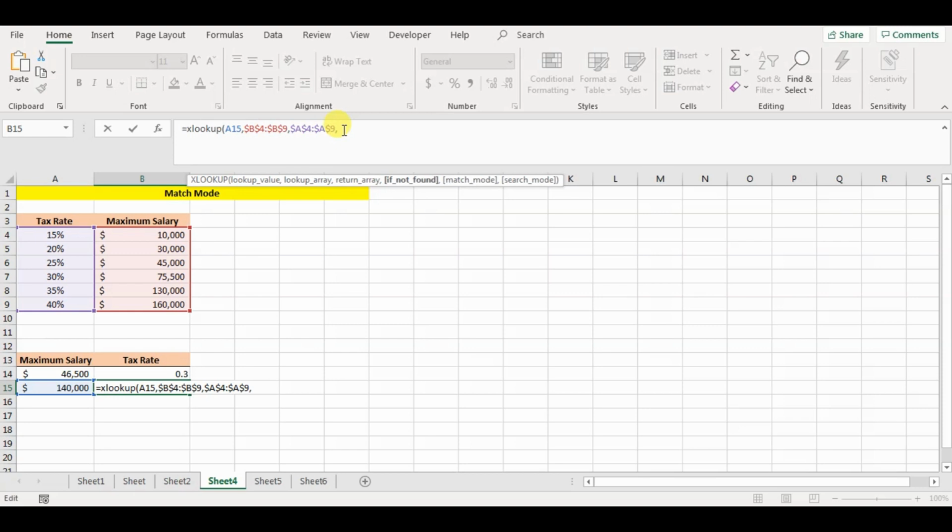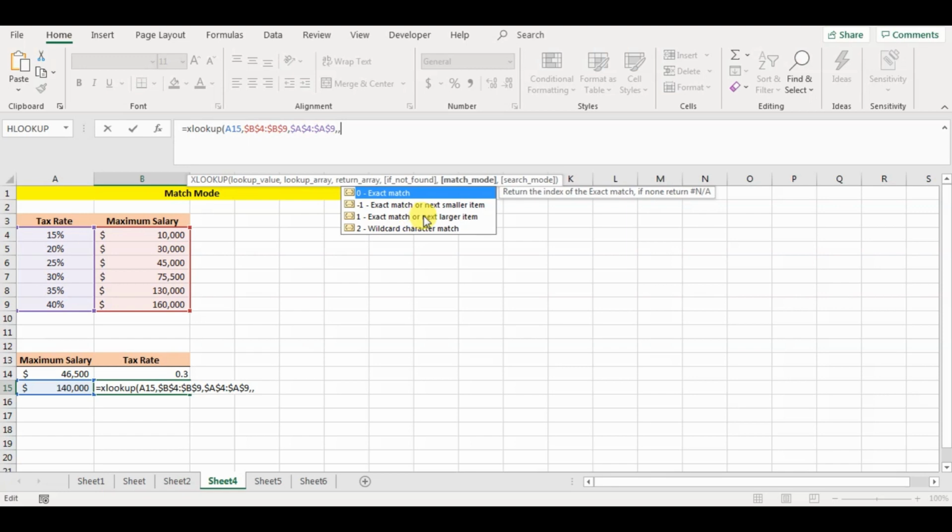Now if not found, since we want a value, we will just leave it blank, comma. Now match mode. Again, by default it is exact match. Since we do not have anything with 140,000, I can select either exact match or the next smaller item. Now 140,000 is not in the data set, but the smaller item is 130,000. So if I put -1, it will give me 35% tax.